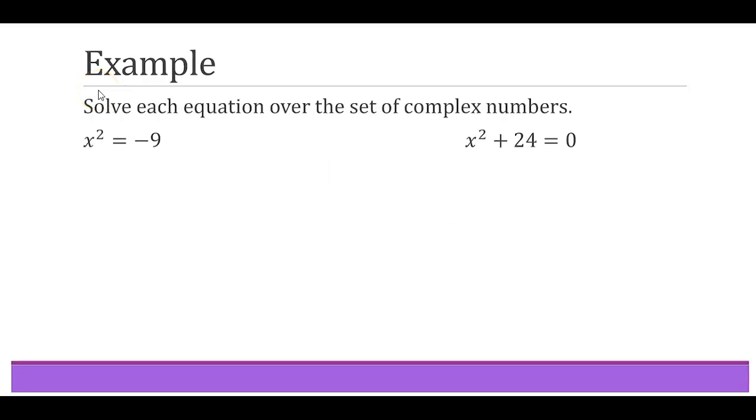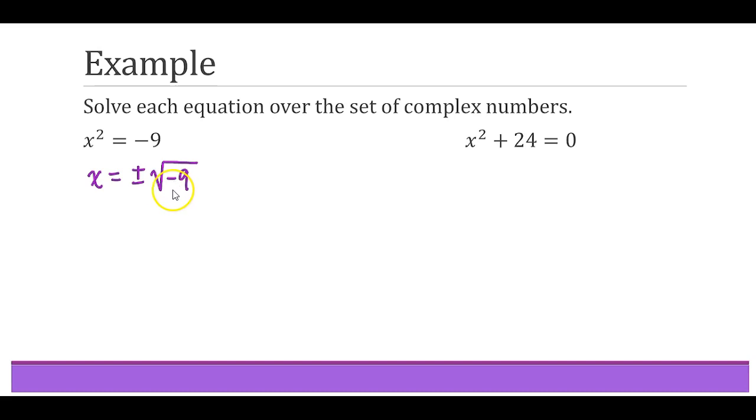So now let's talk about, well, when does the square root of a negative number come up? So in these examples, I'm asked to solve each equation over the set of complex numbers. So that means that the imaginary number can be a part of my answer when it says over the set of complex numbers. So here, if I have x squared equals -9, and I attempt to solve for x, what we would do is take the square root of both sides, but we would have plus or minus the square root of this negative number. So this is an instance where the square root of a negative arises,